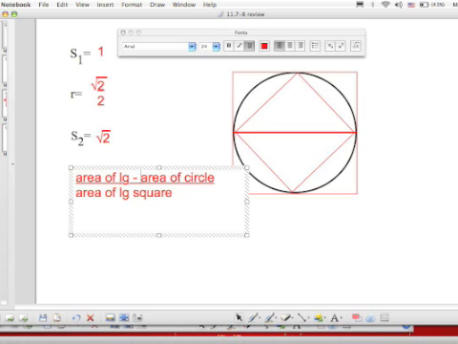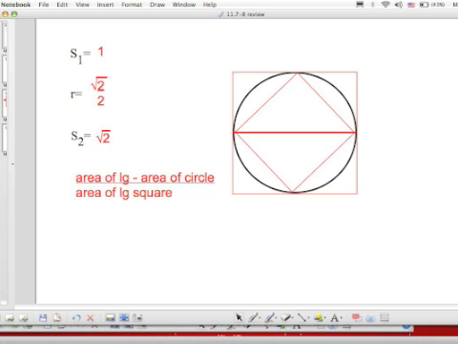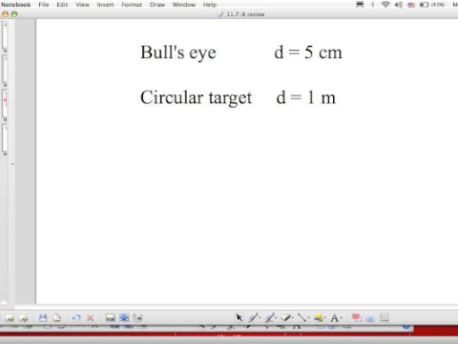I could ask you all kinds of crazy things, so be ready. And finally, you have a bullseye with a diameter of 5 centimeters sitting on a